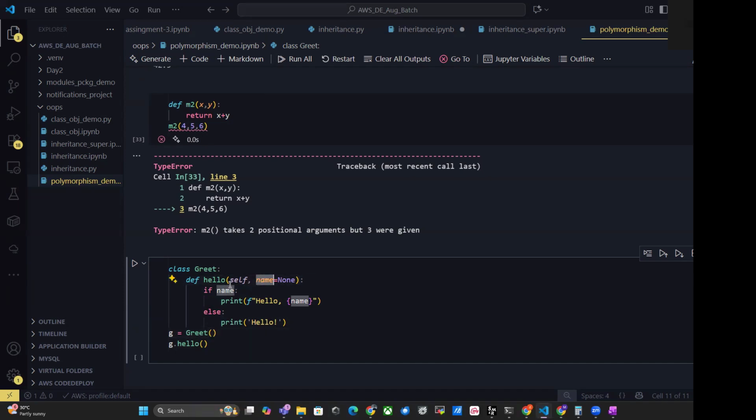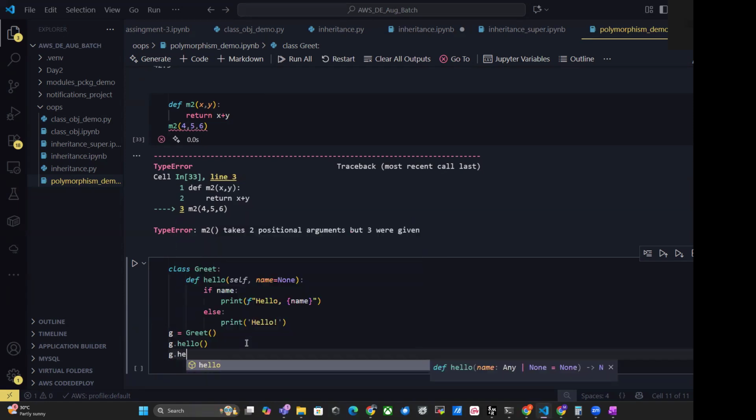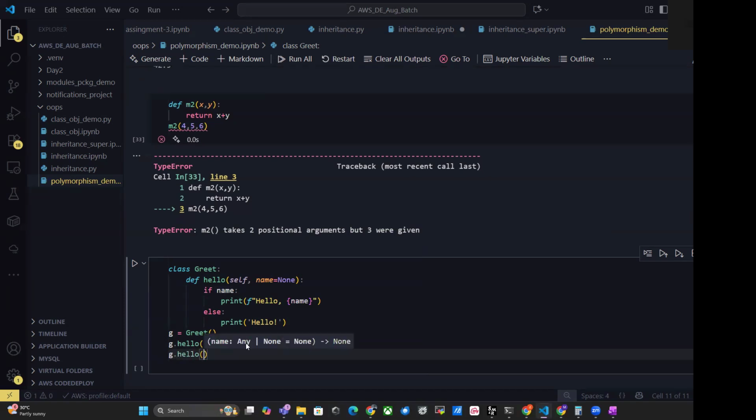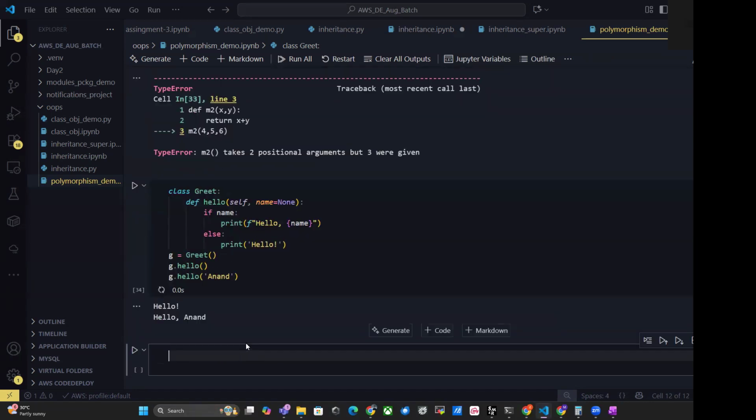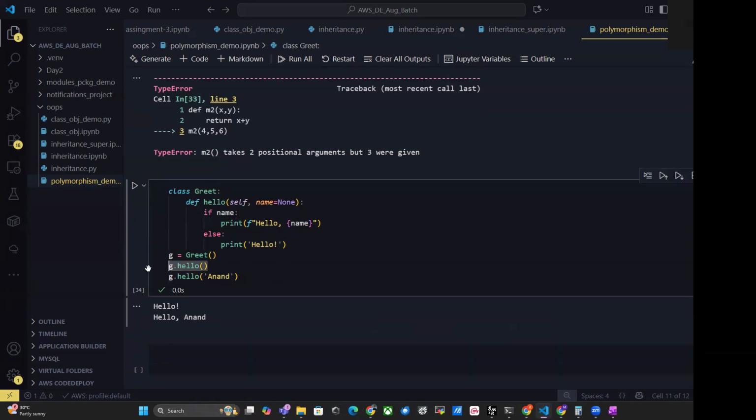See what it is checking. If the name is not there, it will go to else and print hello. With the same function, I'll pass this. Now what will you get? Hello, Anand. Why? Because the name is there. So the same method is taking different arguments. Here there are zero arguments, here it is taking one argument, but still you are not getting an error, you are getting output. This is called